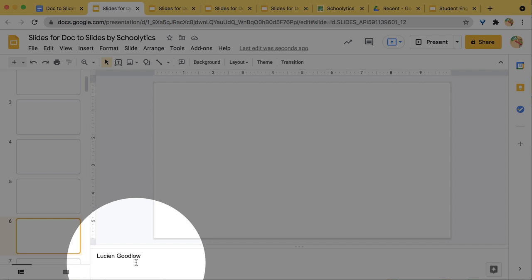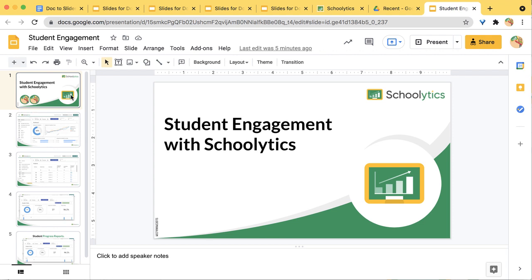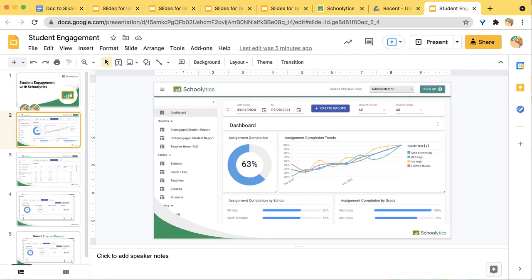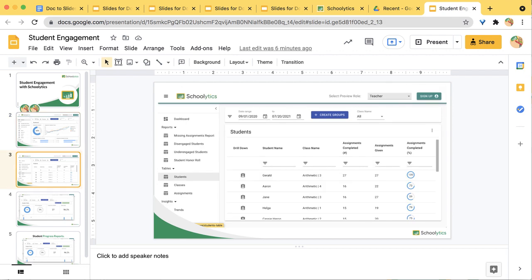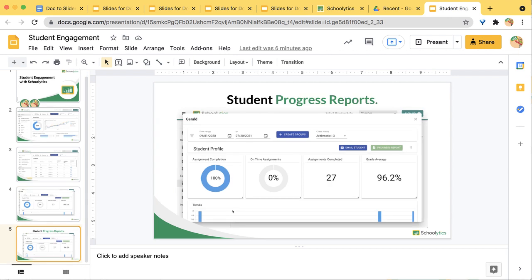Now, what if you already have a Google Slides? So I have this Google Slides that I've already made. You see I'm giving a presentation about Schoolytics where I can get all of this great information as an administrator as to work assignment completion and groups of students and all kinds of great things. I can get progress reports and I can send missing assignments reports to students. It's a great tool, but I want to be able to add on to this Google Slides that I already have. So I'm just going to copy the link up here at the top,